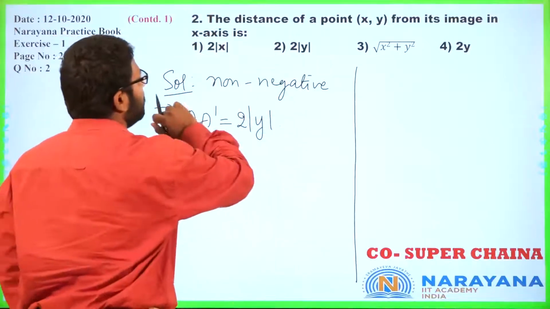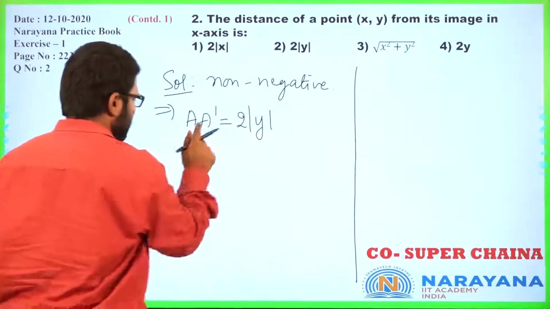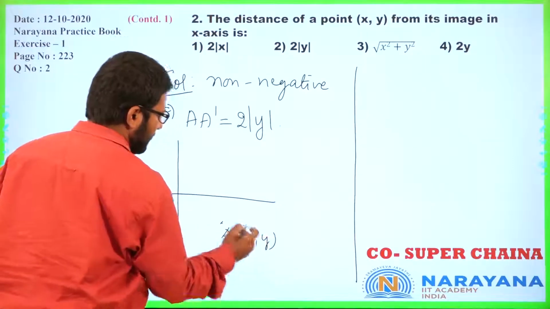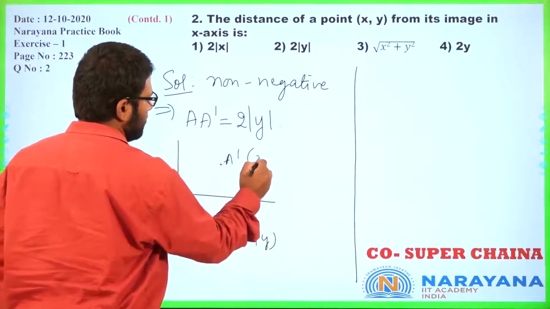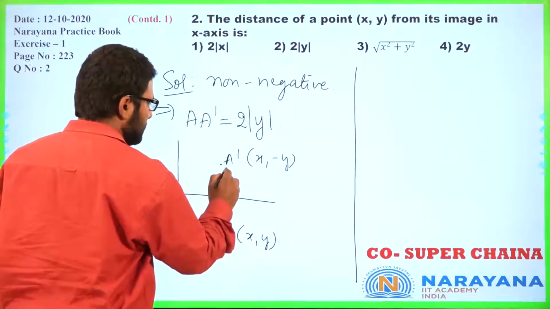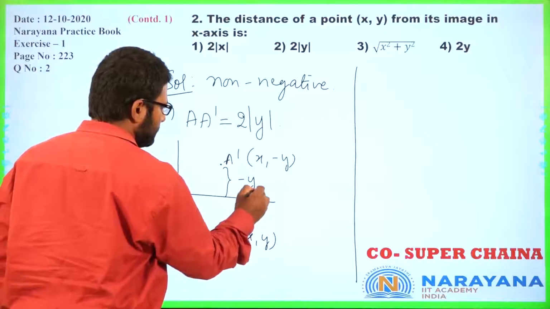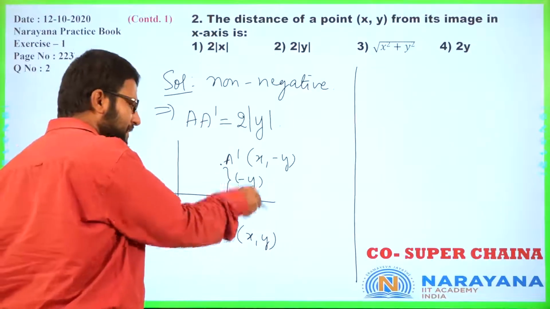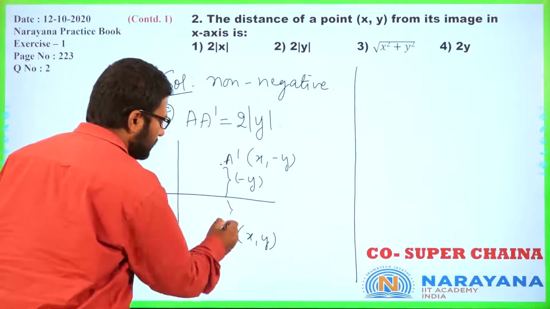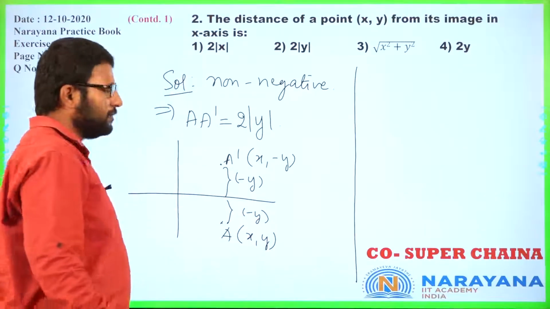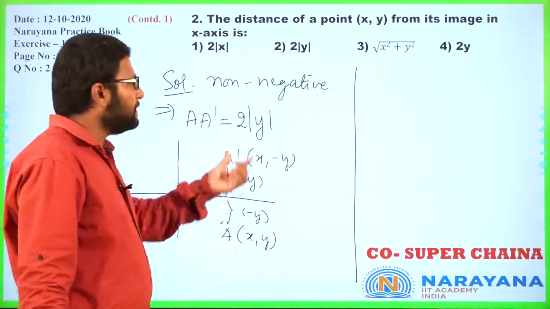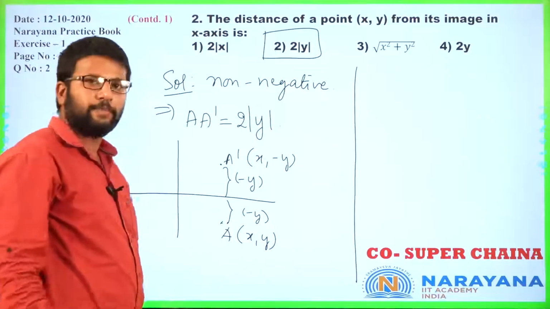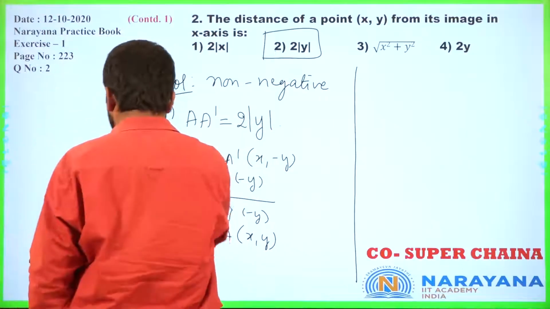Okay. So again, why did we do this? Because in case A was here x comma y and A dash was here x comma minus y, then this distance is not y, it is minus y. How can distance be negative? It's not negative. Y is the one that is negative. And this one will also be minus y. So instead of thinking about plus and minus all the time, we will just say 2 mod y. Alright. Got it? Okay. Then let us proceed.